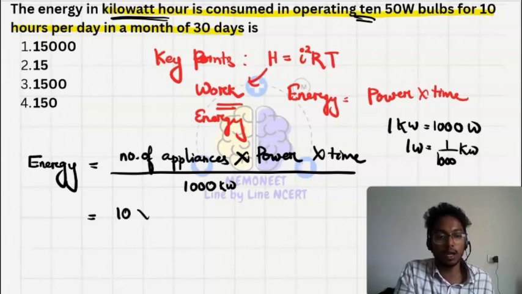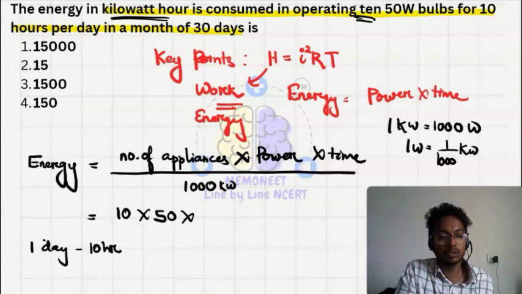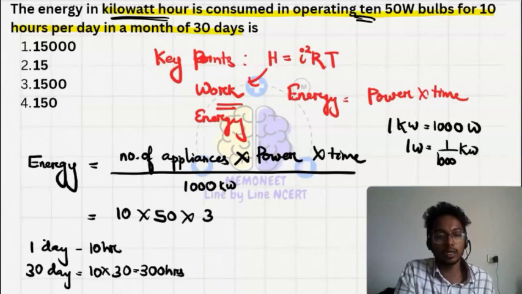10, and the power is 50 watt, and then time is 10 hours per day in a month of 30 days. 1 day 10 hour, 1 day 10 hour. So for 30 days, 10 into 30, it means 300 hours. So that is 300 upon